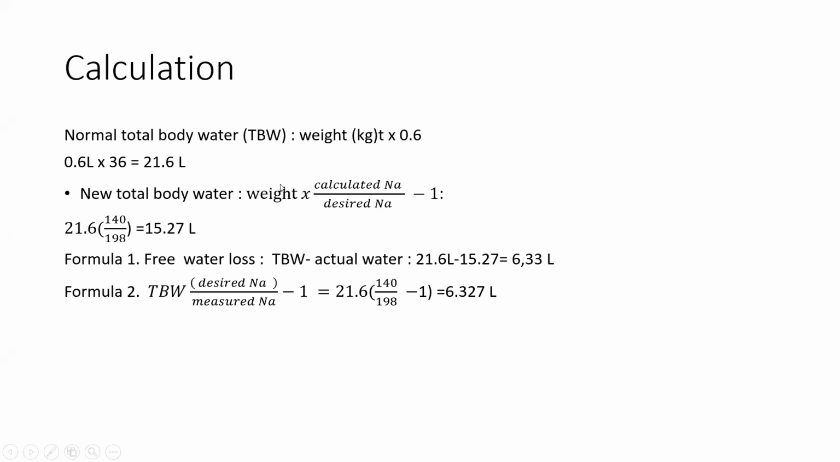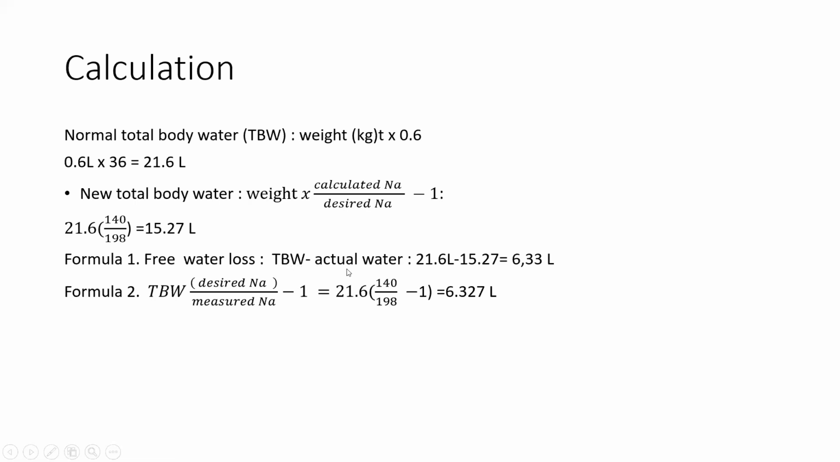So here I forgot one 0.6, I'm sorry for that. So the total body water for this child was 21.6. So times now 140 divided by 198, which gives now 14.27 liters. Now, when you want to calculate the free water loss for this child, you take the total